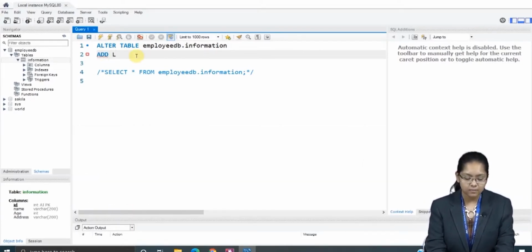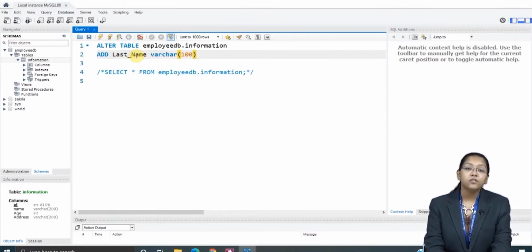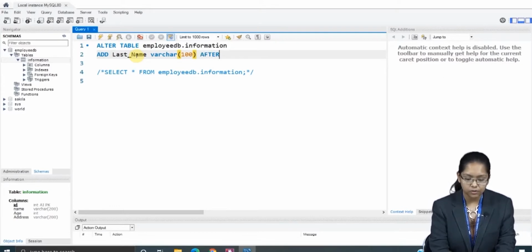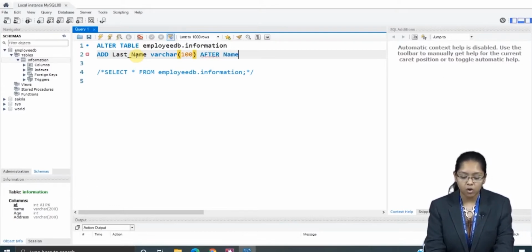I want last name, and then I will give the data type as varchar 100. I want this last name after the name column. Here the after keyword will be given, and then the column name.